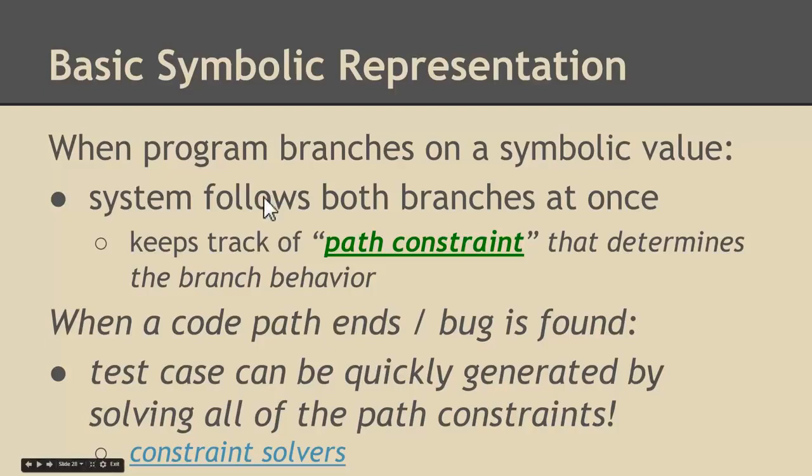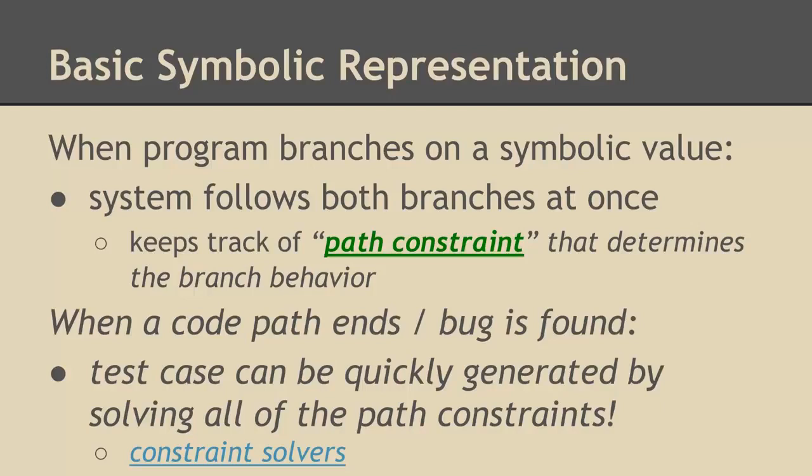So, in essence, when a program branches on a symbolic value, when doing symbolic representation, the system follows both branches at once, because it's just taking a symbolic approach. It may do this in parallel depending on how this algorithm is implemented. But what it does, first and foremost, is it keeps track of that path constraint